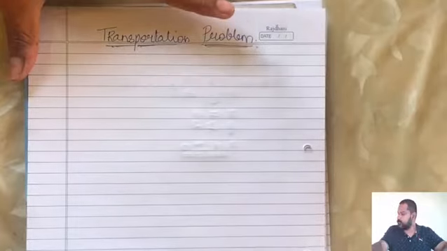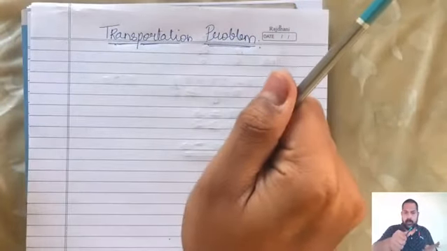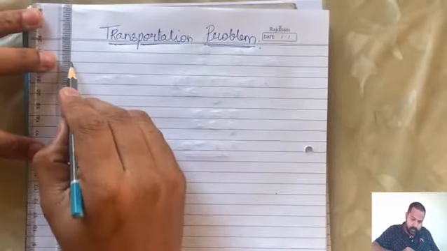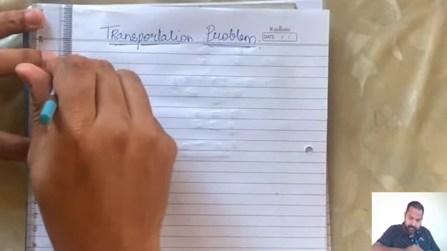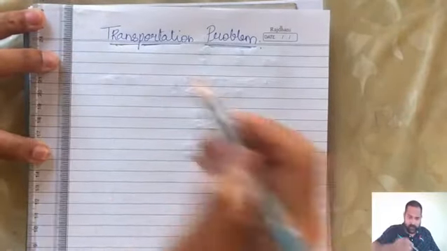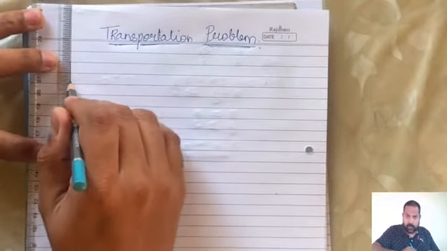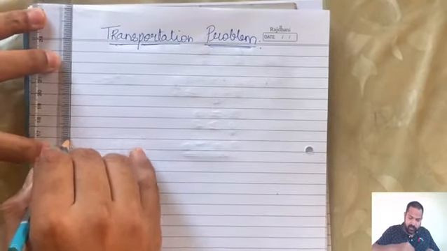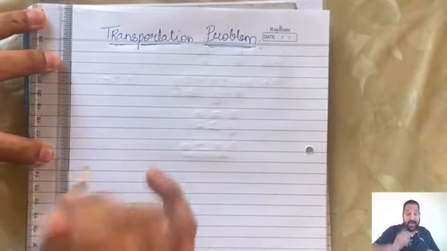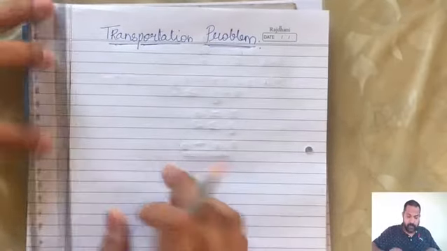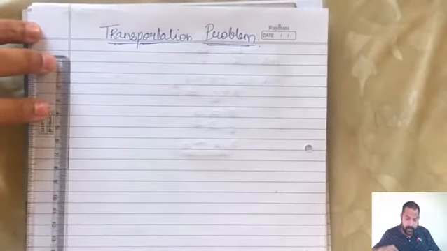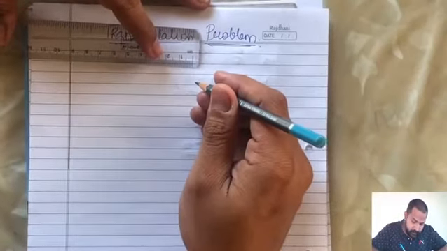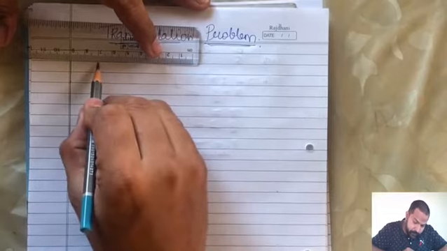I have three factories and four warehouses. So when I construct a table, this is what I'm going to do. If I'm giving two lines for everything, then this is going to be the top, to and from. Then this is going to be factory F1, factory F2, factory F3 and one extra. Why? I'll tell you why the one extra. This is going to be my vertical. Let's go horizontal. So now horizontally,